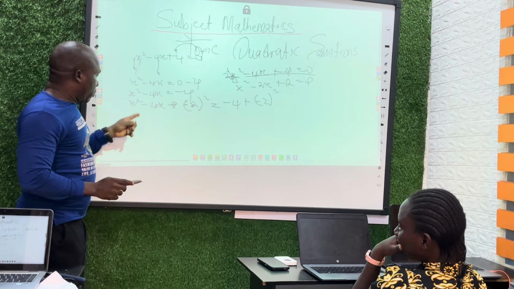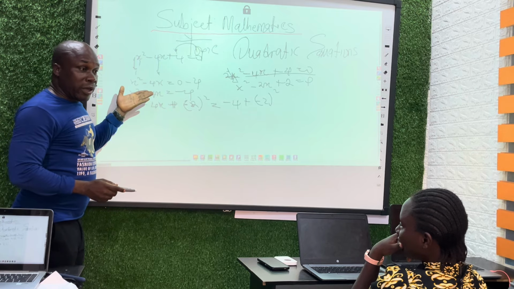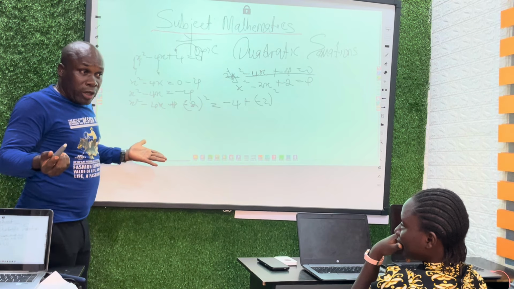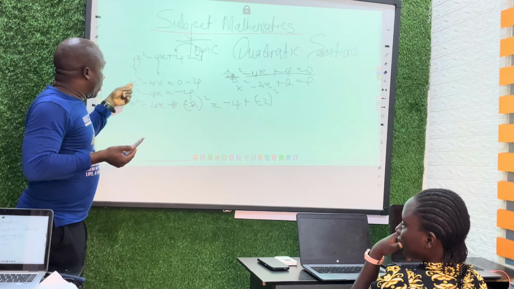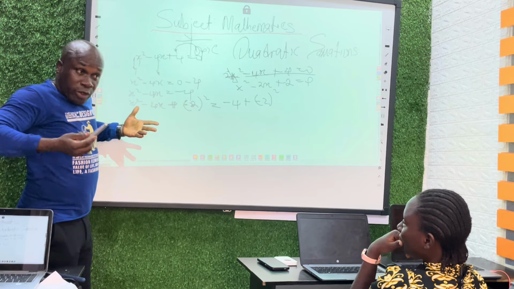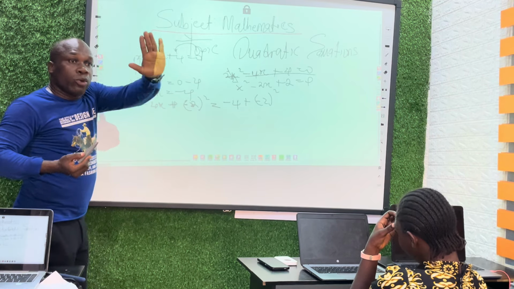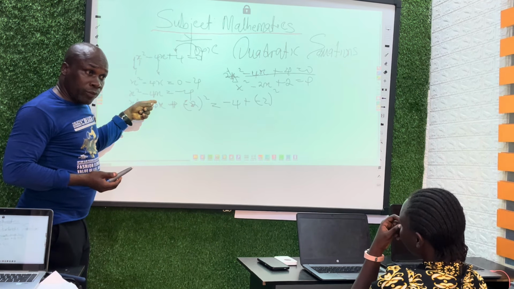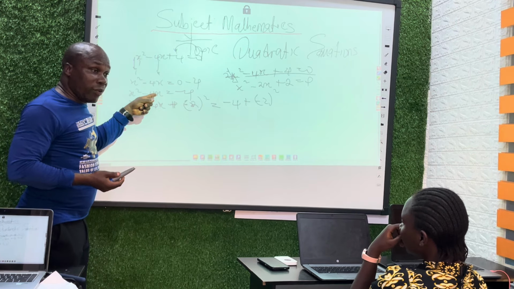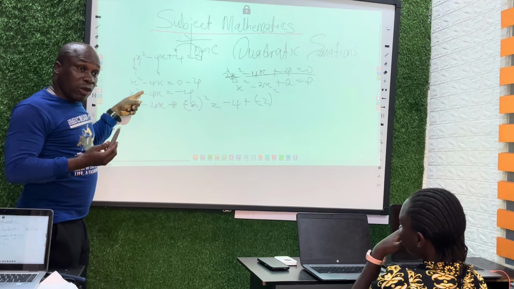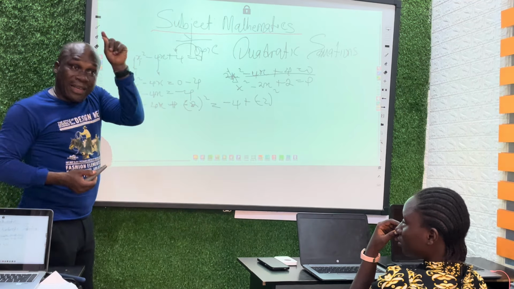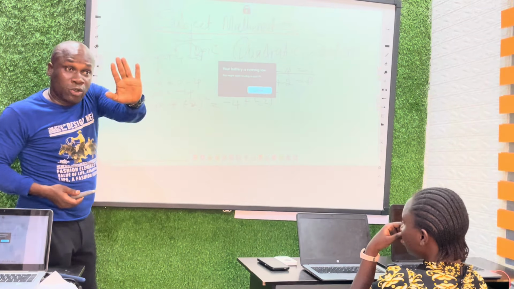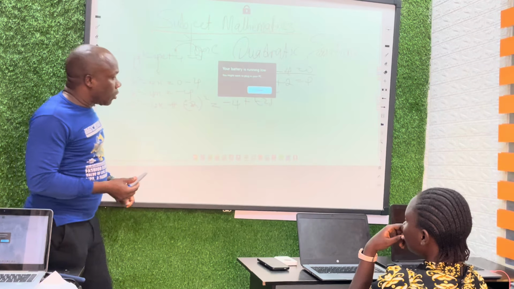Don't get confused. Second rule. I say naturally, God has made it happen for us. We didn't bother with the first rule because the coefficient of x squared is already unity. It's 1. So we'll go to the second step. What's the coefficient of x? Minus 4. The second rule says, look at the coefficient of x. After you have determined the coefficient of x squared being unity naturally, go for the second step, which says